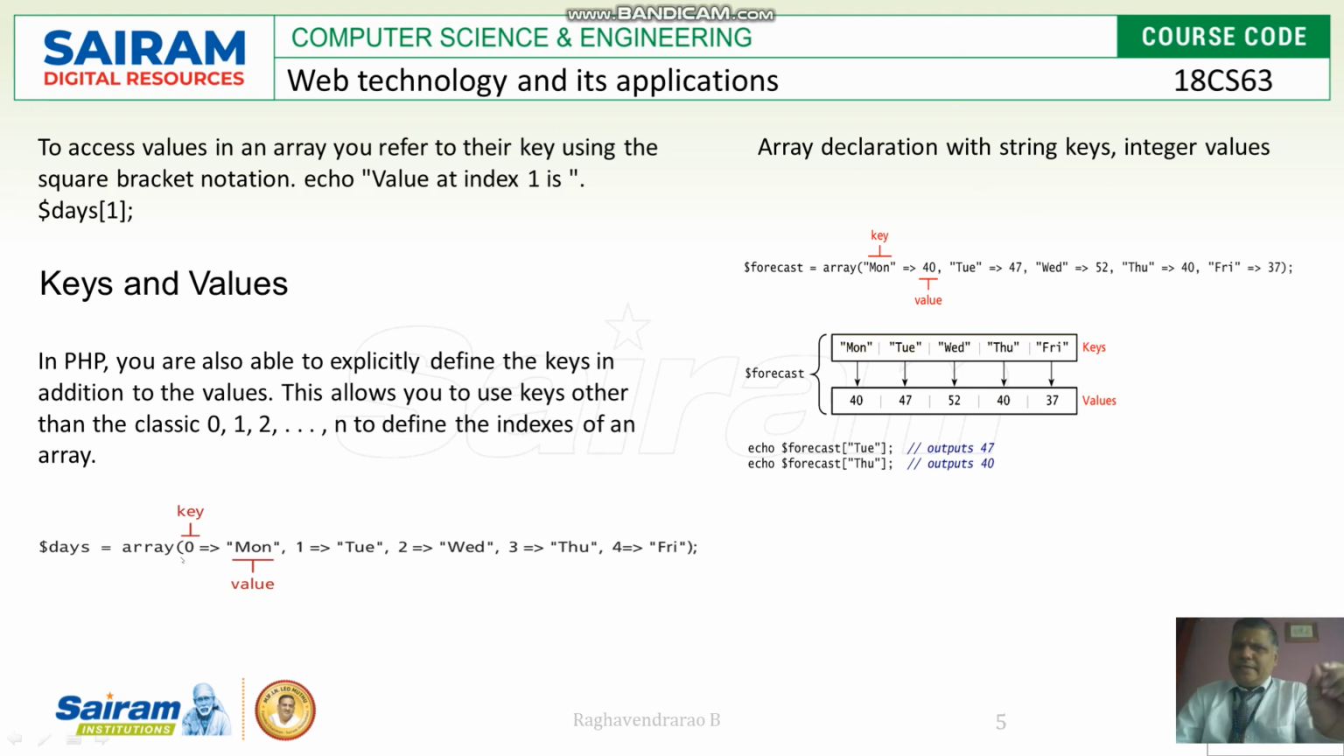This index here is 0, a numeric. Okay, but it is possible to have the key indexes as strings also. This is available in PHP. Now you see the array declaration using string keys and integer values. Values are going to be integers and keys are strings. Our $forecast is equals to array, Monday. See, it is written in quotes. Monday is the key and it is defined with the value 40. So like that it is being defined. Tuesday 47, Wednesday 52, Thursday